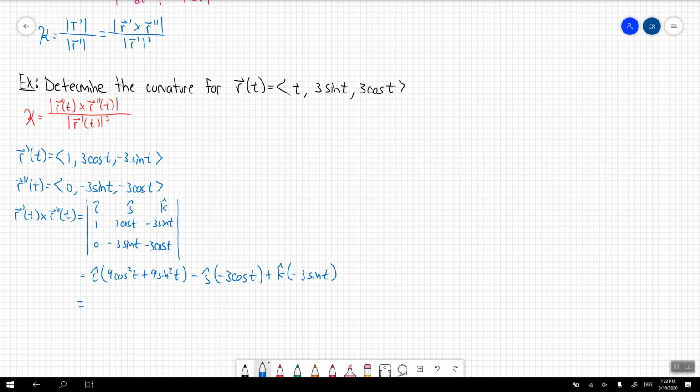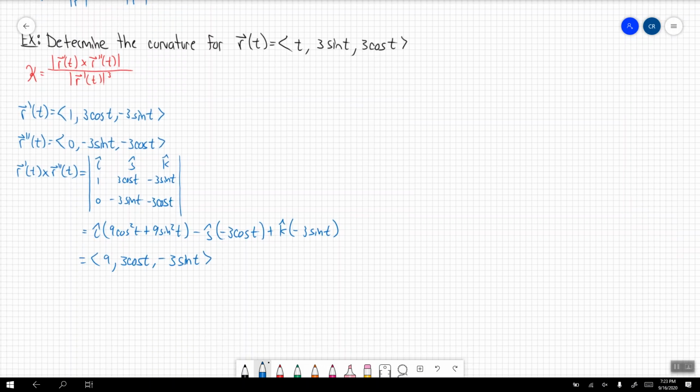The i component here will then simplify to just be 9. The second component, the y component, turns out to be 3 cosine of t. And then the last component turns out to be negative 3 sine of t. All right, so that's looking pretty good so far. Once we have this, then we can go ahead and take the magnitude. So taking the magnitude here,